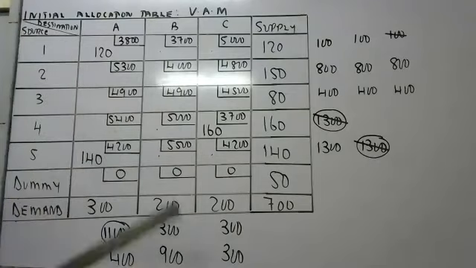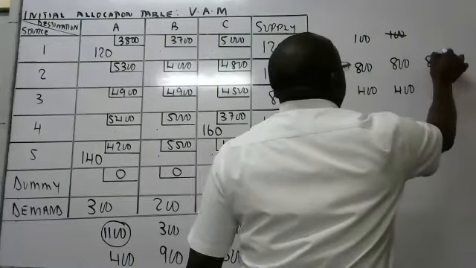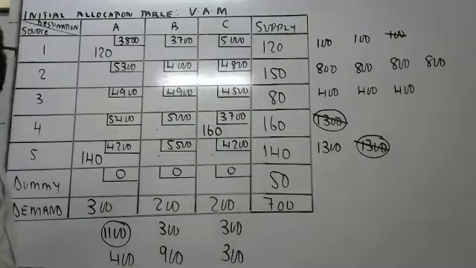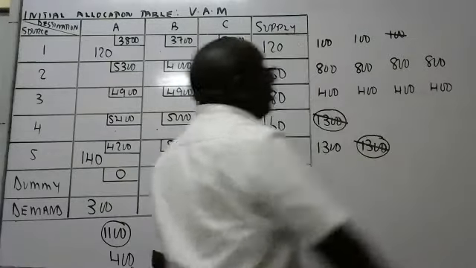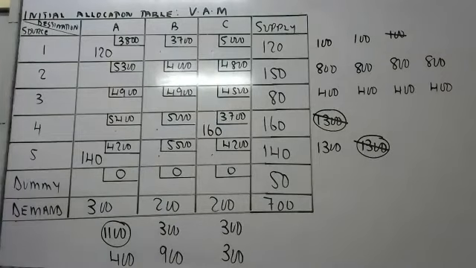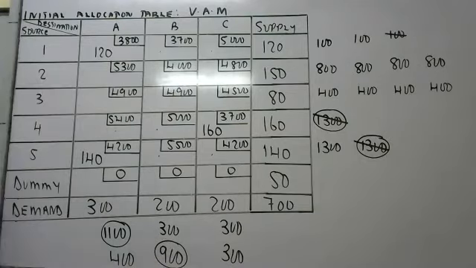One, I'm already finished. Number two, I still have a penalty of 800. And number three, I still have a penalty of 400. Kwa hiyo mzunguko yote, the highest is what? 900. The highest is 900. So 900 is